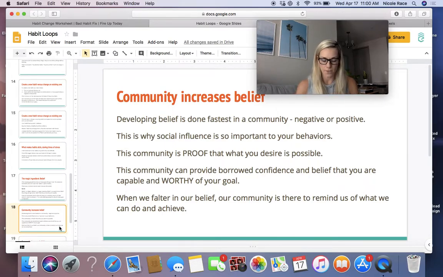And this is why the people that are around you can really hold you back in life, because if the people that are around you and that have a lot of social influence in your life are doing things that are not in line with what you want to do, they're going to influence you to be out of alignment with what you're trying to achieve. It's going to make it harder for you to be the outlier. Okay. So, being different is hard. Getting out of your comfort zone is hard. People don't like change, right? Because if you're changing and if you're doing something different than what everyone else is used to or is comfortable doing,